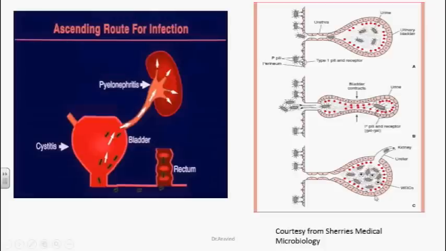Whenever they firmly attach to the epithelium, they can secrete alpha hemolysins, and these alpha hemolysins can destroy the epithelium and cause necrosis of the epithelial tissues, which can ultimately cause urinary tract infection or cystitis. And because these organisms have flagella, they have high access and a chance of entering into the ureter, and from the ureter they can enter into the kidneys, where they can cause abscess and inflammation of the kidneys, which can lead to a pyelonephritis condition.